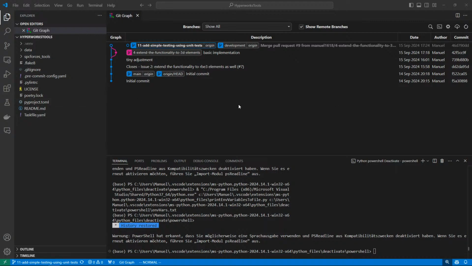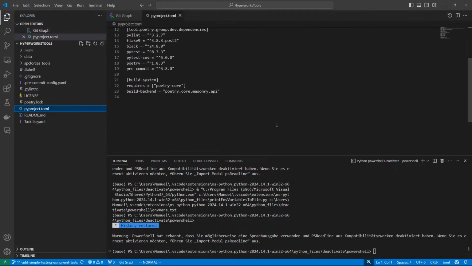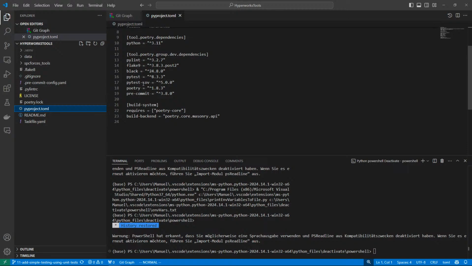Okay, let's check first the poetry. So the development dependencies is the one we're interested in, and there's PyTest. So this is already done. Now, for testing,